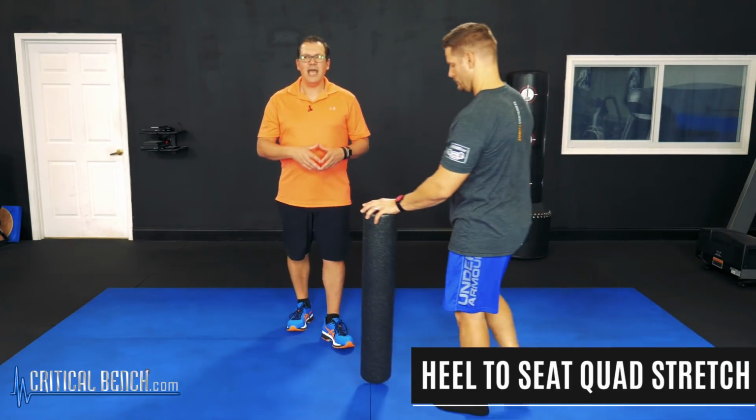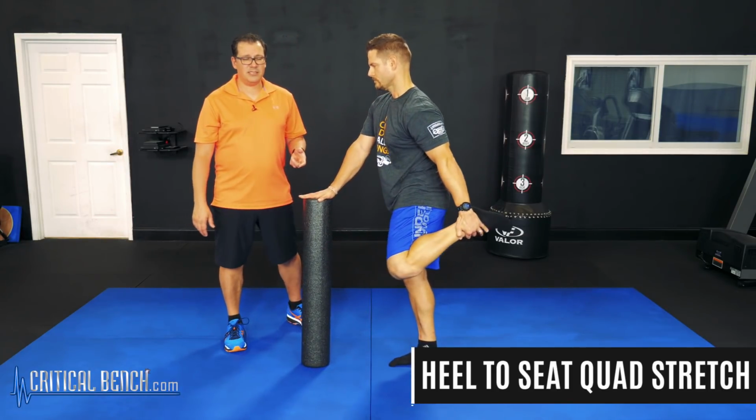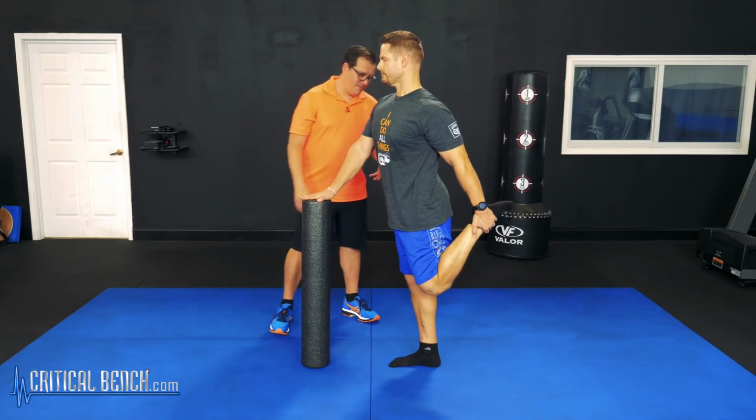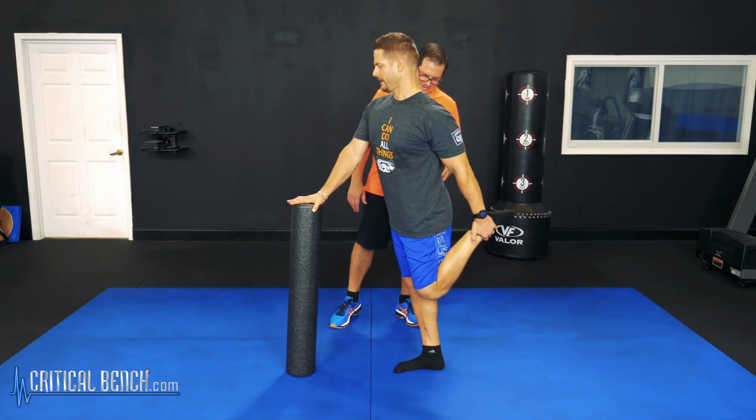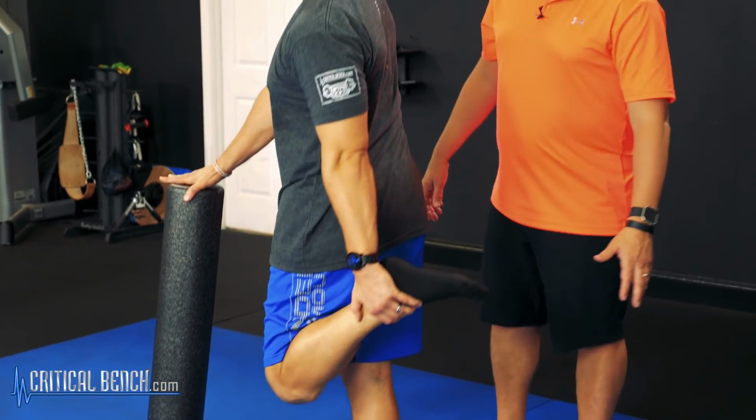Now moving to the next exercise. This one's called heel to seat quad stretch, and I'll get Chris to go through the exercise and kind of stop at the end position, and then we'll break it down. Perfect. So I'll get you to move back to the start. So you're kind of going,